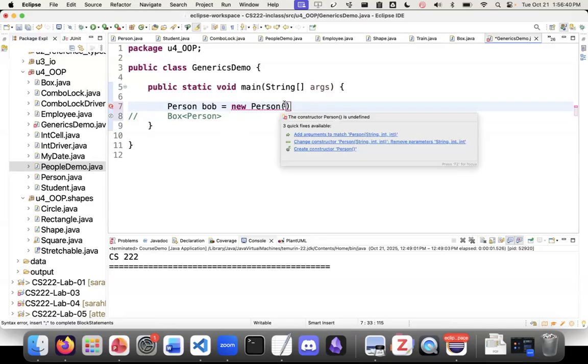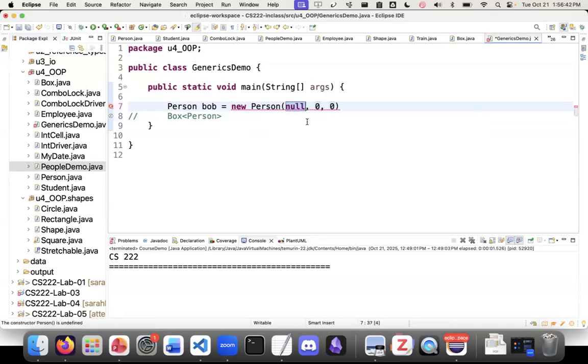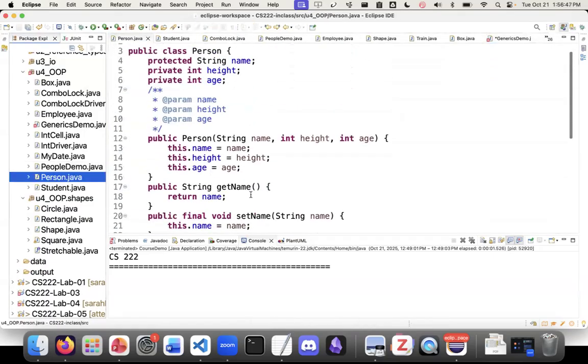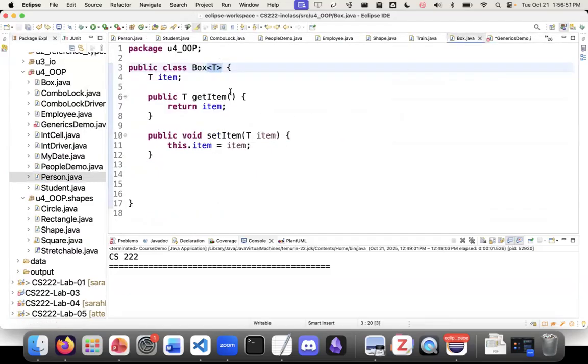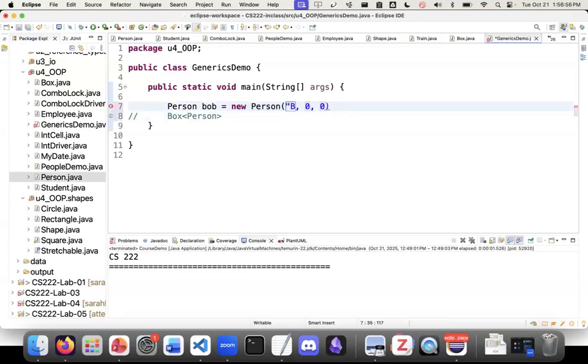New person. And I believe, what is that? Name, height, and age. So our name is Bob. Our height is, we'll make Bob very tall and many years old. All right, so we have our person. Let's put the person in the box,